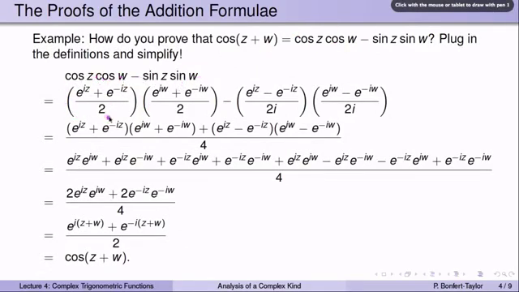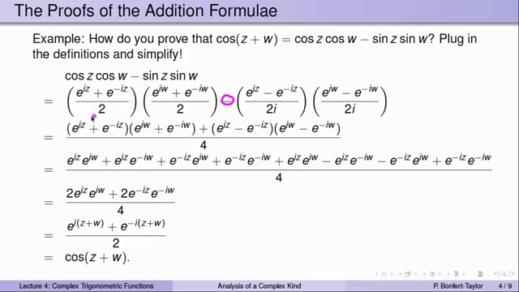Here I wrote down the expression for cosine z, e to the iz plus e to the minus iz over 2. The same thing for cosine of w, minus sine z, e to the iz minus e to the minus iz over 2i, and here I have sine of w. I notice when I multiply these first two fractions with each other, the denominators multiply to 4. With the second two fractions, the denominators are 2i times 2i, which is negative 4 in the product. Together with this negative sign in front, I can cancel the negative sign from the denominator and make this negative sign into a plus. So the common denominator for these products of fractions is 4, and the numerators are